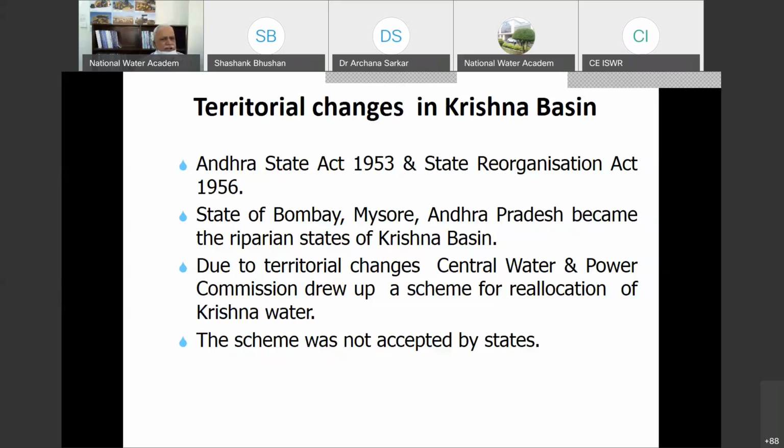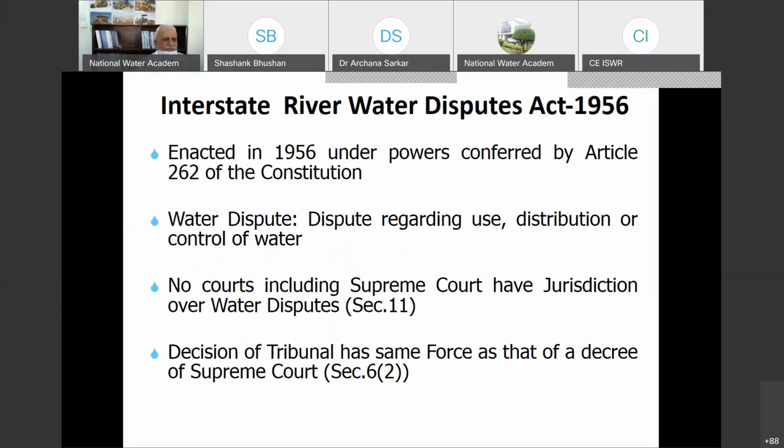Due to these territorial changes, the Central Water and Power Commission further drew up a scheme for reallocation of Krishna water. However, this scheme was not accepted by states. Meanwhile, in 1956, when the reorganization was placed,